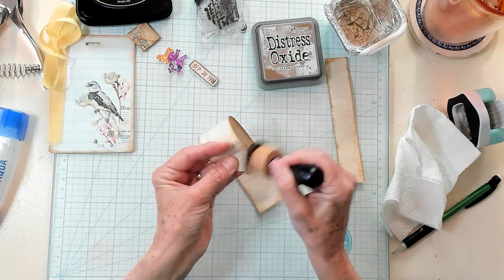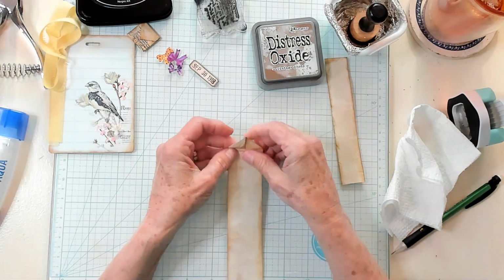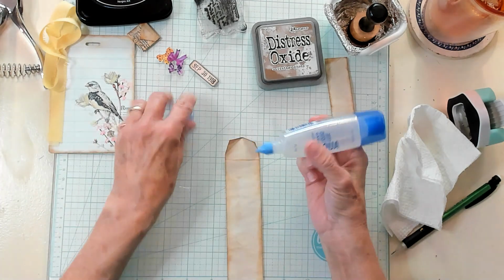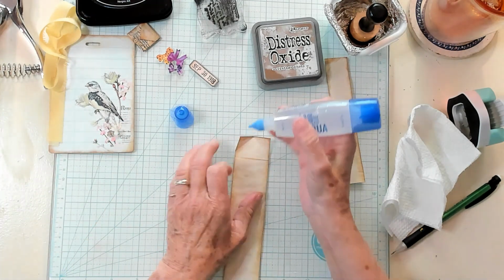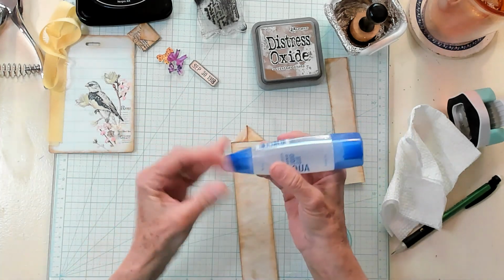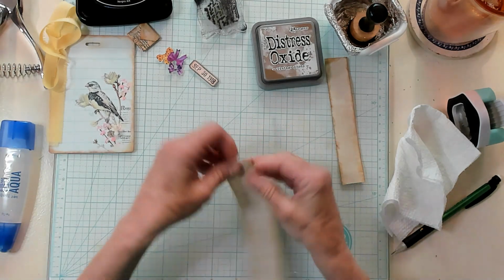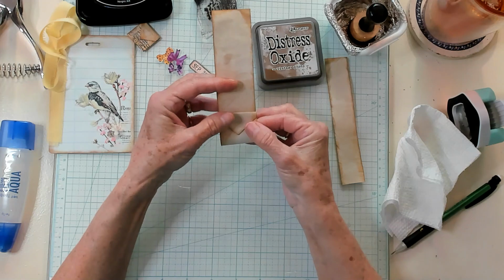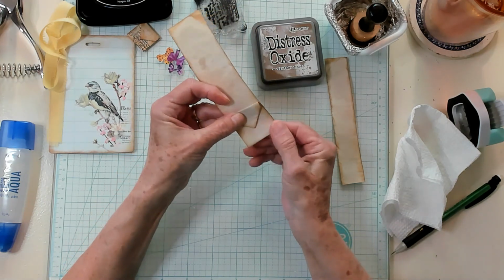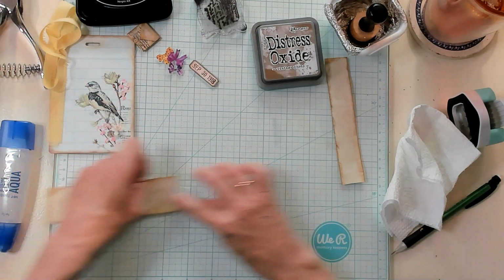This one's going to be a real envelope, and I'm going to go ahead and glue the little flaps down. Just a little bit of glue, doesn't take much to keep those down. Then I'm going to, once again, fold this back on itself to where I think it looks good. I think that looks real good. And someone's going to say, what size is that? That's about 1.5 inches that I've